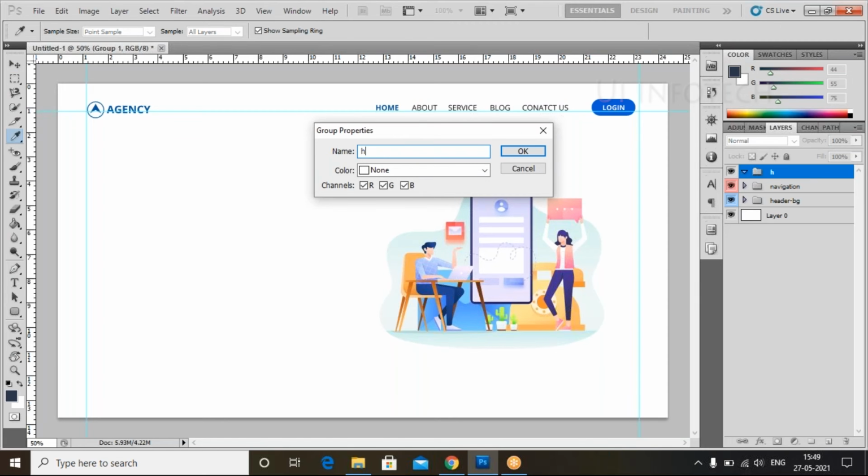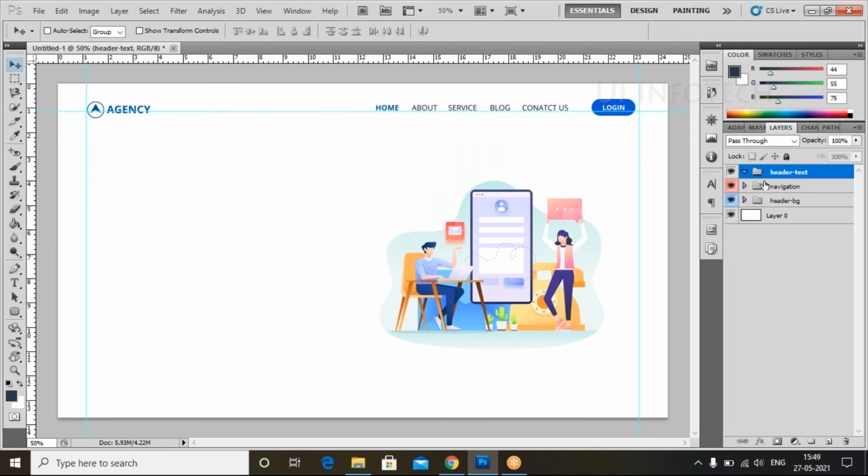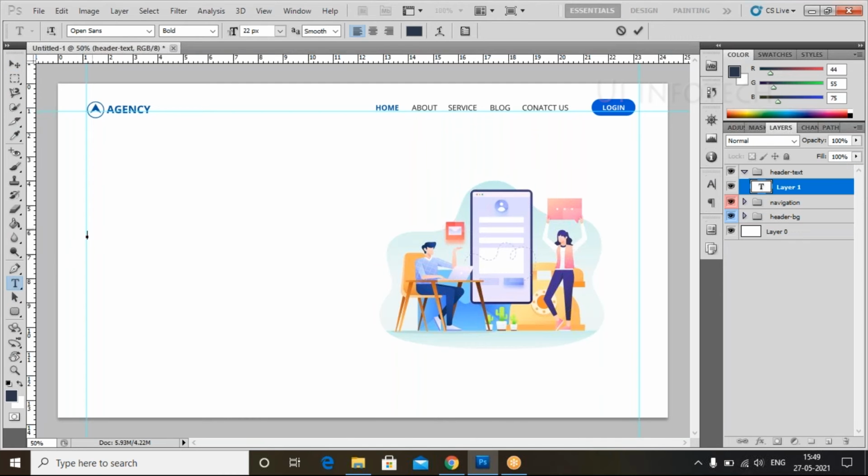I'll create one more group. I'll just double click on this one, it will be selected. Now we can rename this group as text. And click on this OK. Now for this one, select this text and you can write here. We are creative web agency. So select this text,